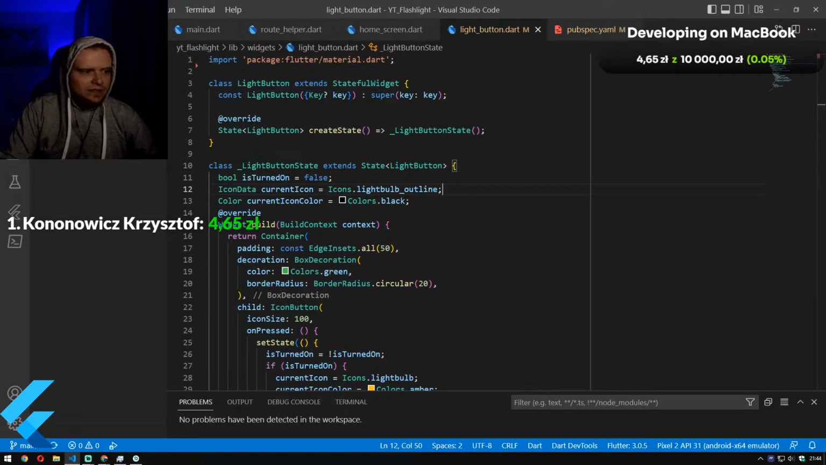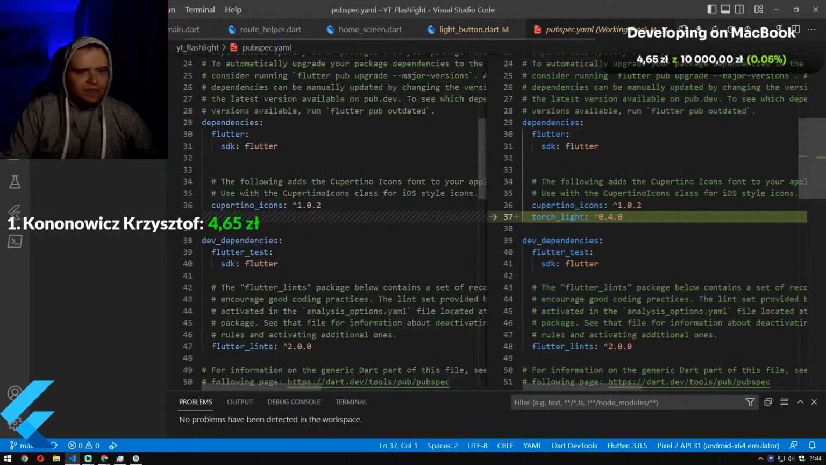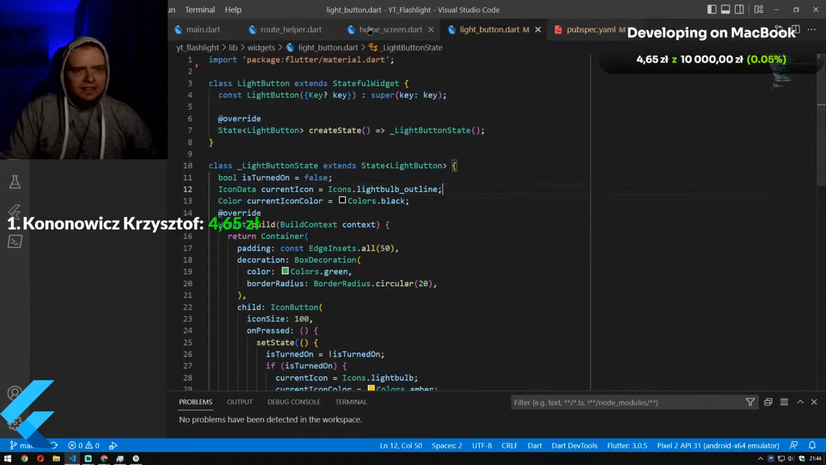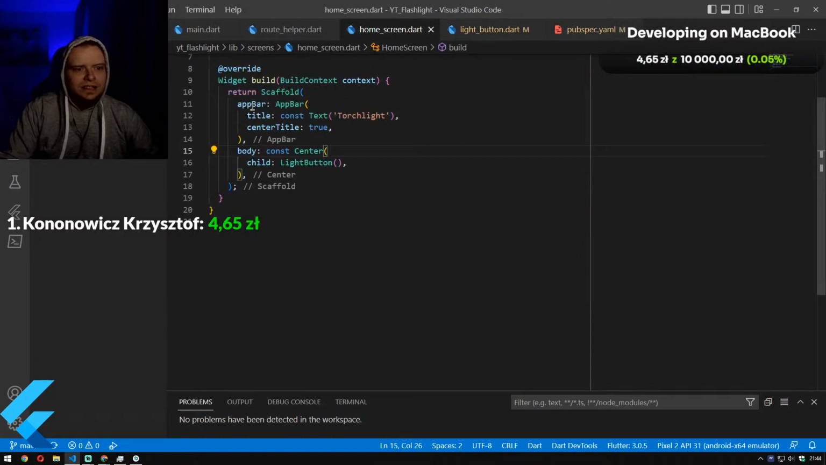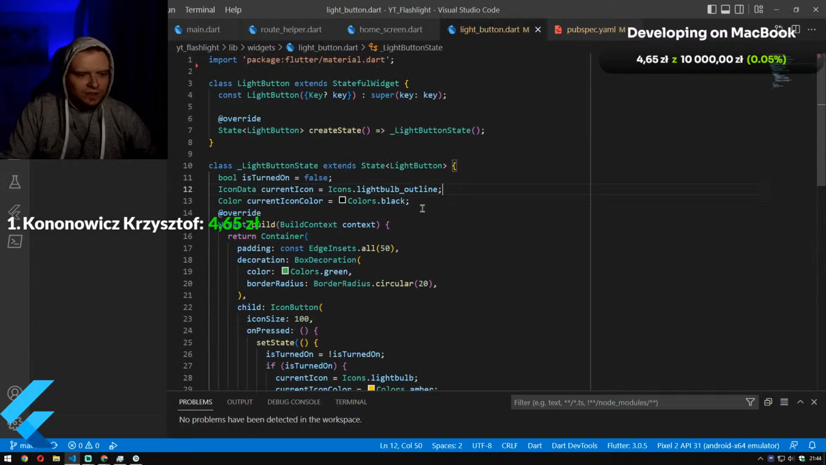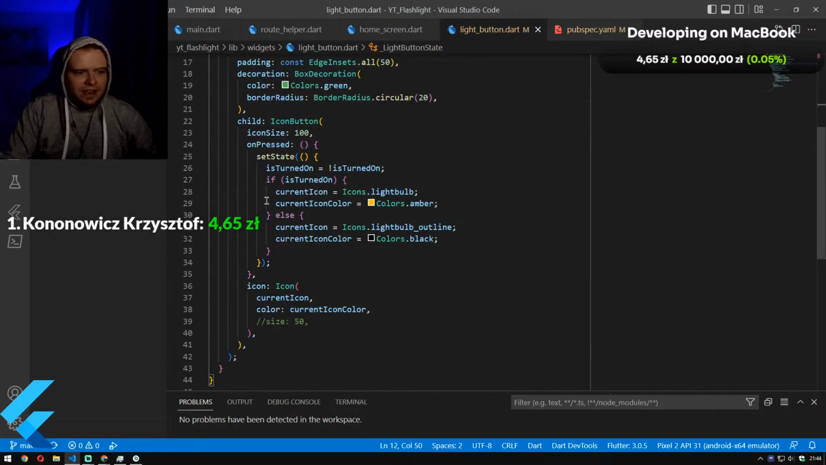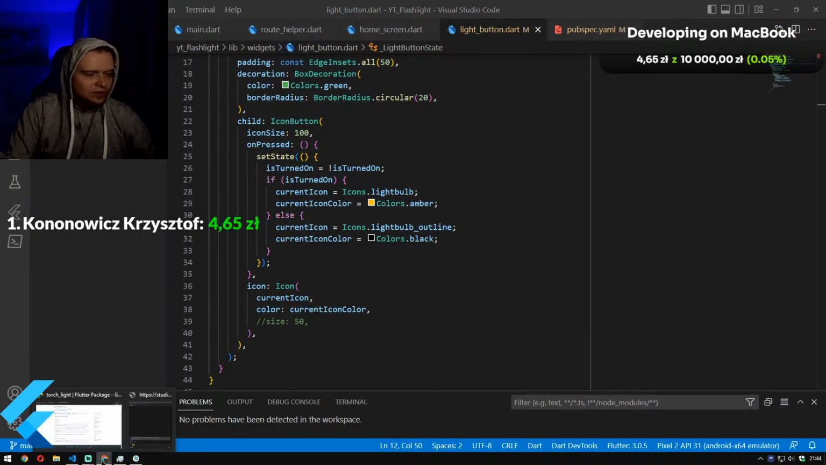Okay, so now we have the torchlight enabled, and now comes the most interesting thing, because now the things will start to work. Currently we only have the UI that is changed based on the state of the button, but we need to have the torchlight enabled. And to do that, we actually don't need to remember how to use this code, because